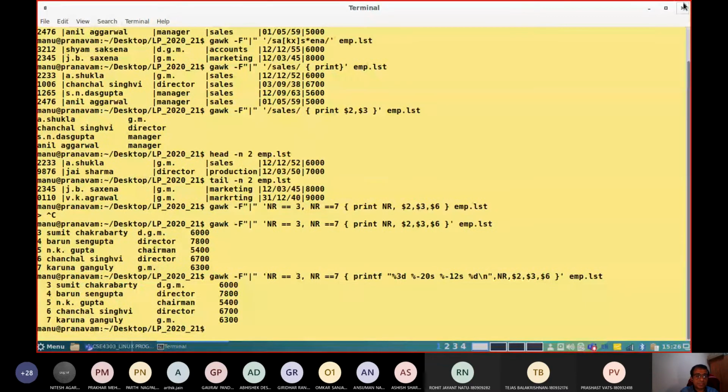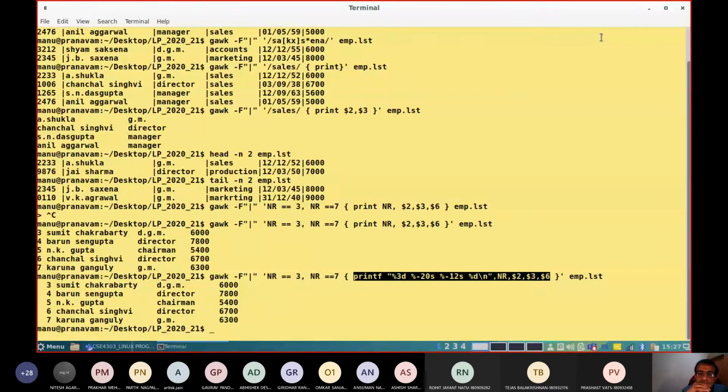Now look into the output. Look into the output here. It's very much equal to C printf statements. Now look into the previous commands also. If you look into that closely, I printed line number, name, designation, and salary. The same output I generated, but now the syntax is very much equal to C. Of course, in C we use brackets after printf. Here there is no bracket.